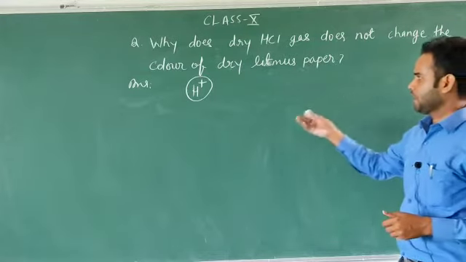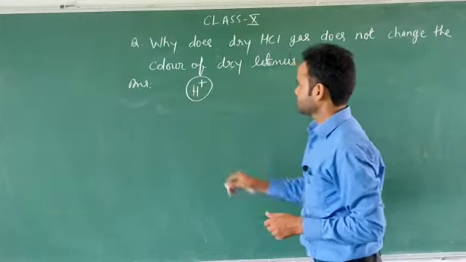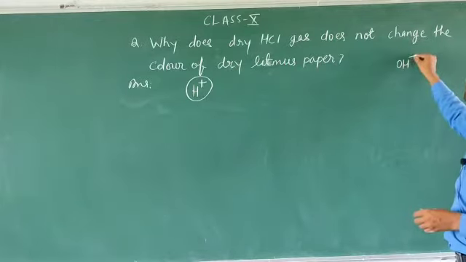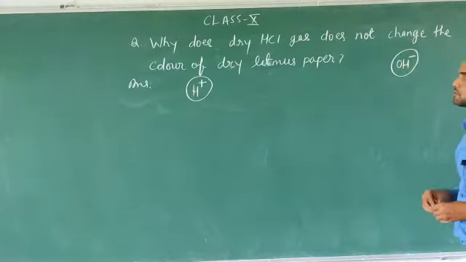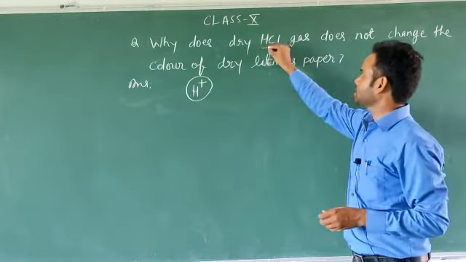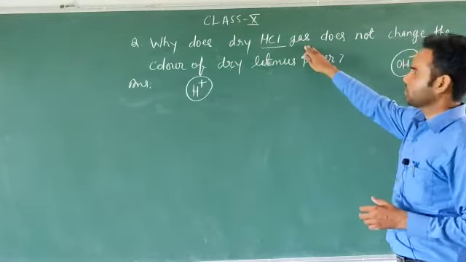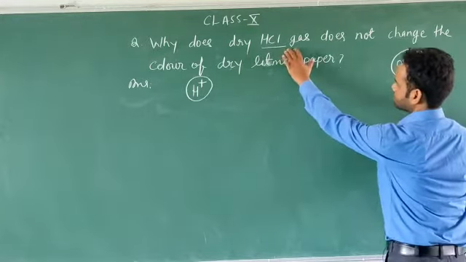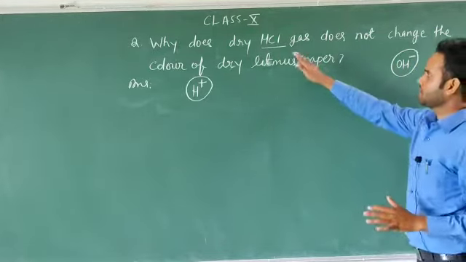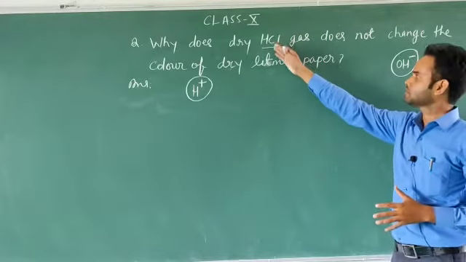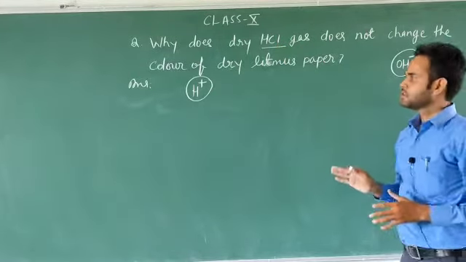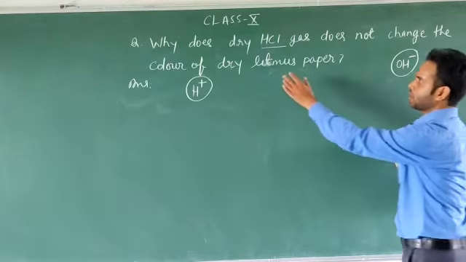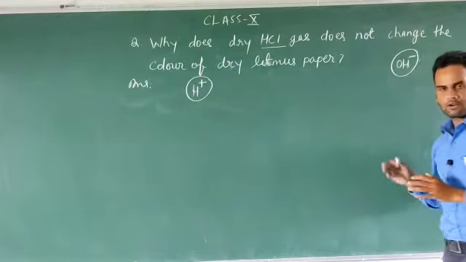Similarly, a base gives hydroxide ions in the aqueous solution. Here in the question, hydrochloric acid is not in aqueous solution; it is a gas, because hydrogen and chlorine are gases. When they dissolve in water, then we can use the hydrochloric acid in our laboratories.